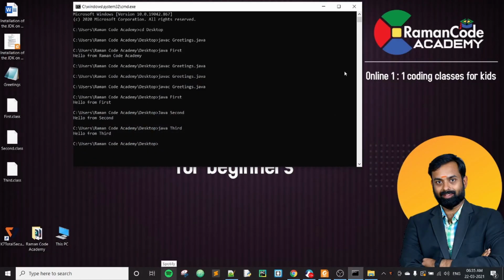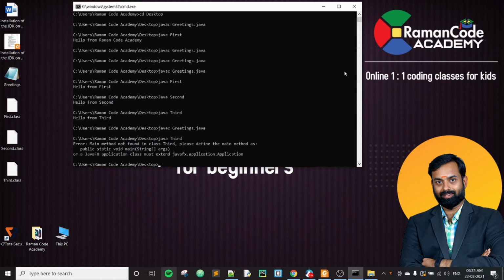We'll minimize it, we'll come here, we'll compile the program again, and now we'll say java third. Here in this case, the third class doesn't have any main method in it. Let's see what happens. If you give a class name where we don't have a main method, it will throw an error saying main method not found in class third.